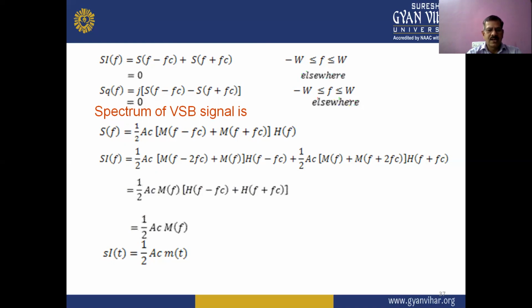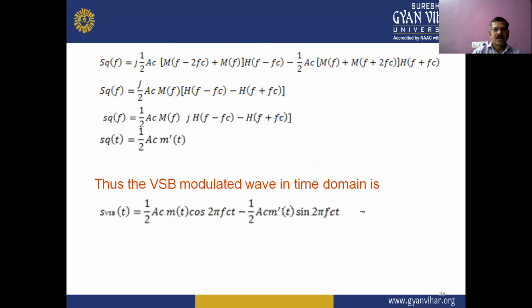So the spectrum of the VSB signal is S(f) = 1/(2Ac) M(f)... and also the quadrature signal SQ(f) equal to j/(2Ac) [M(f - 2fc) + M(f)]H(f) - [M(f) + M(f + 2fc)]H(f + fc), and also simplify this equation and we can write